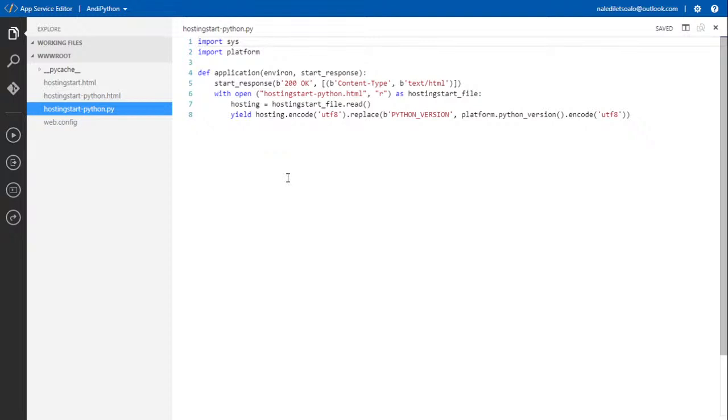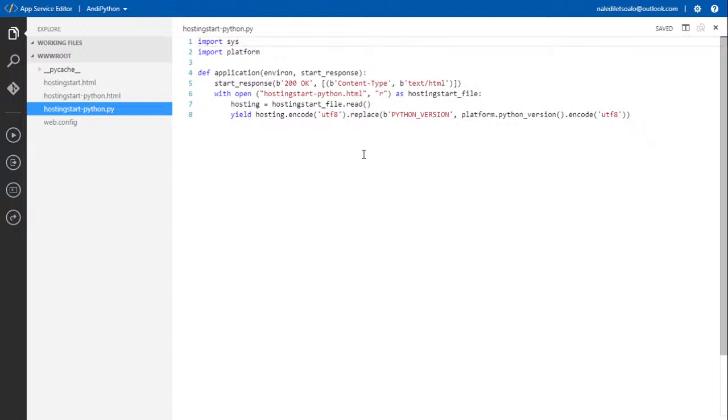And the content type is text HTML with open hosting start Python HTML R. So that is the file that you're going to be using. So you're importing that file. And hosting start Python HTML is this one over here. So we're reading this file in as hosting start file, and then hosting start file read, great, yield hosting encode UTF-8.